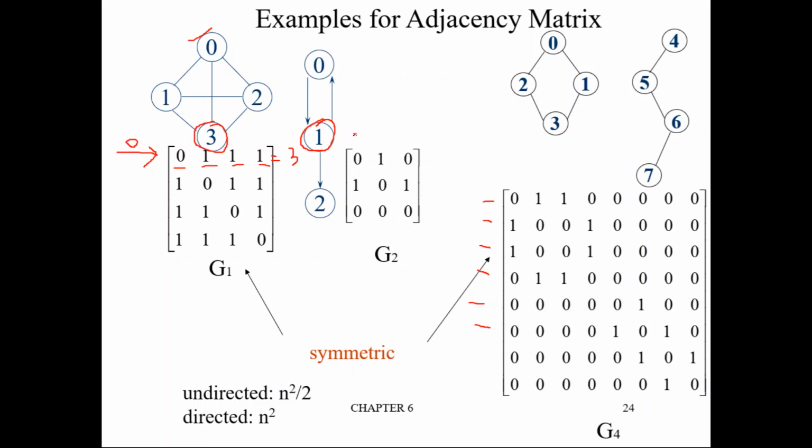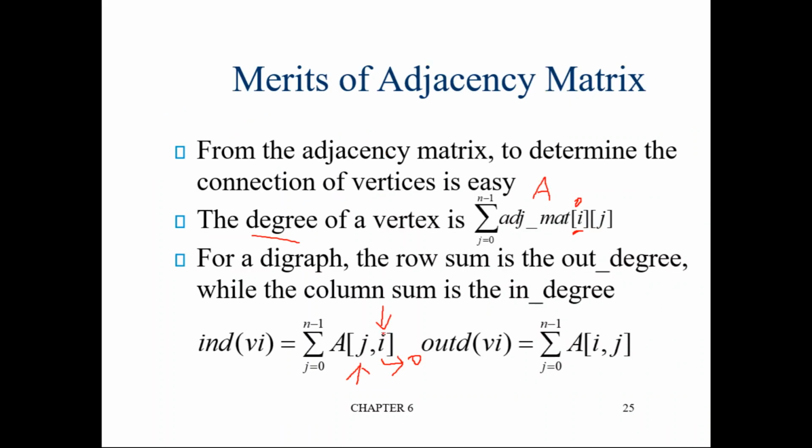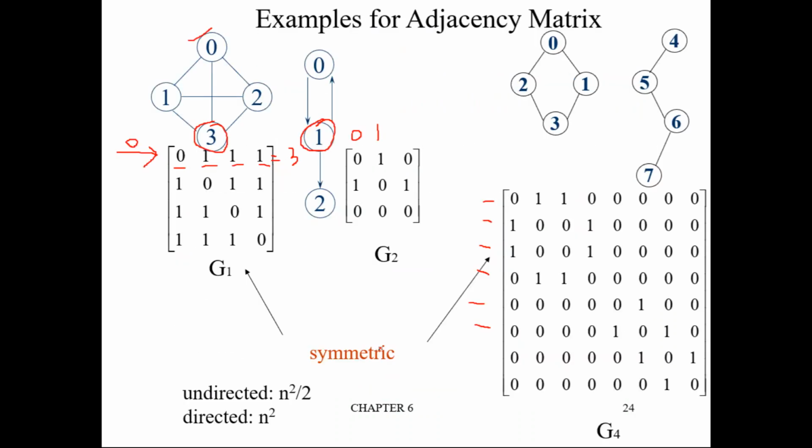Node 1. So you go to the first column. This is the 0th column, this is the first column. Go to the first column and add all the row values. Because the formula says this should be constant. Here we want to find the in degree of node 1, and the second thing always represents the column. So we go to the first column and then j is changing. Now i is column, j is the row. So add all these: 1 plus 0 plus 0, which is 1. So that is the in degree of node 1.